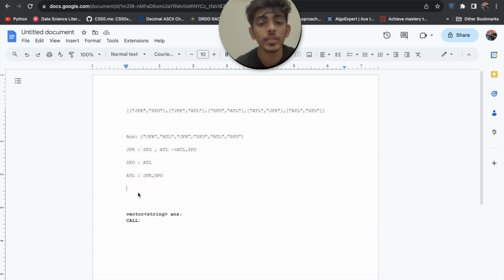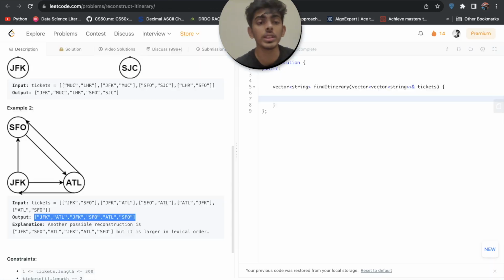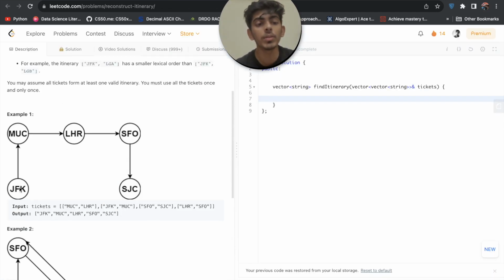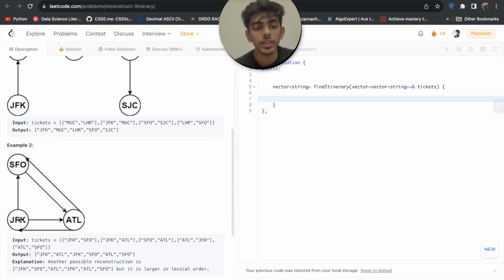So after that what we need to do is make a vector of string answer which we need to return, right? Now what we need to do in this question is, since we need to go deep down into a problem, if we start from JFK, we will try to select ATL, then we will do a search inside for ATL.